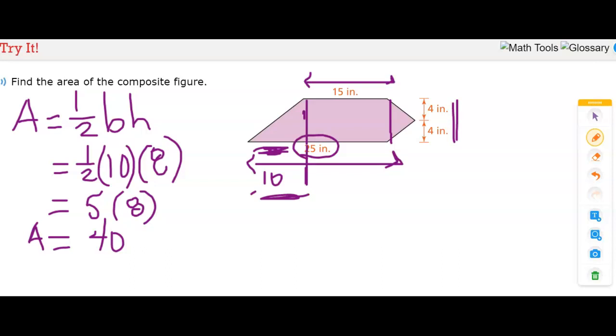Now I need to find the area of the second triangle. So again, 1/2 times base times height. And so we have 1/2. My base will be the line drawn here, which I found for the other triangle was 8. So my base will be 8. And then my height of that triangle would be